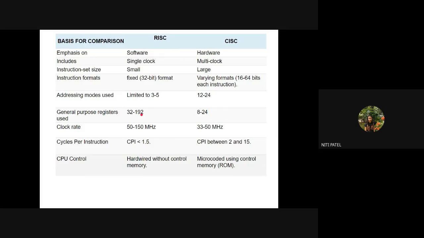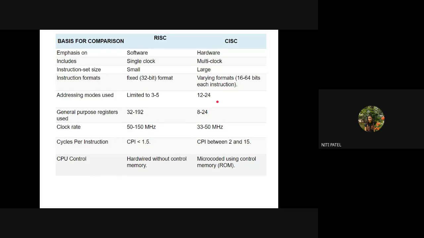What is RISC? It mainly focuses on the software. CISC focuses mainly on the hardware. We require a single clock for execution in RISC, whereas in CISC we require multiple clocks. Instructions are very small in RISC. Instructions are very large in CISC. Instruction format in RISC is fixed at 32 bits, whereas in CISC it can change from 16 to 64 bits. Addressing modes are very few in RISC, only 3 to 5, whereas in CISC we have 12 to 24 different